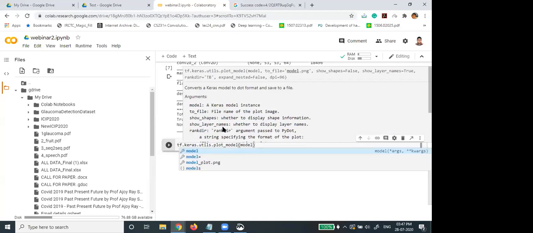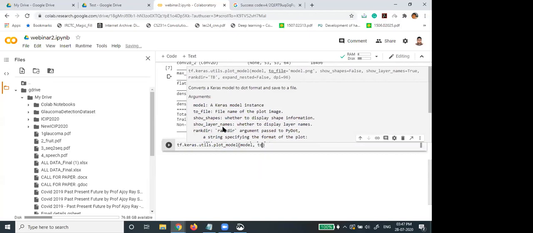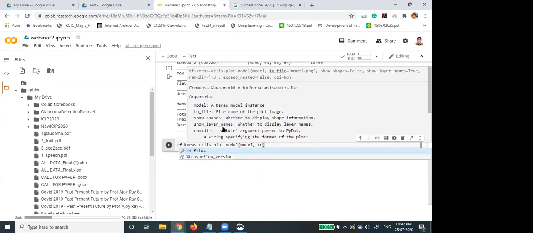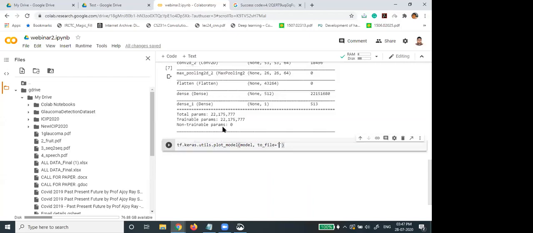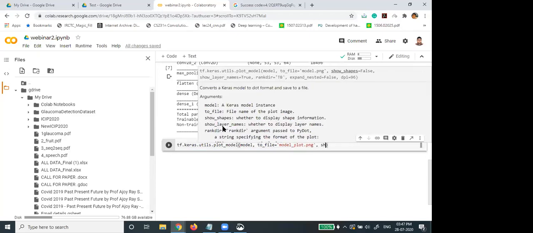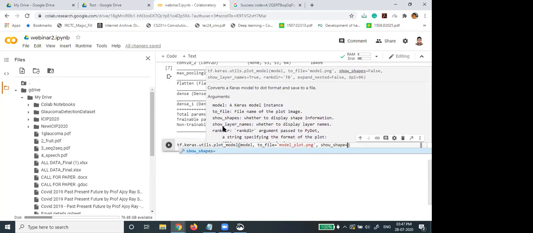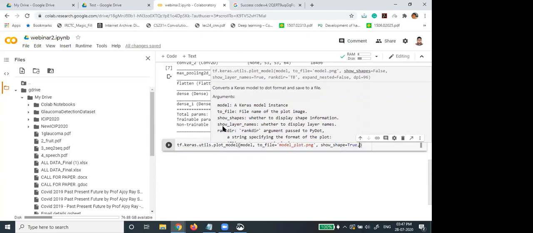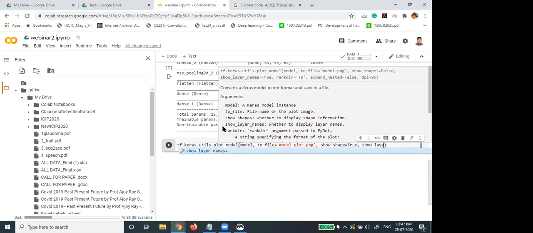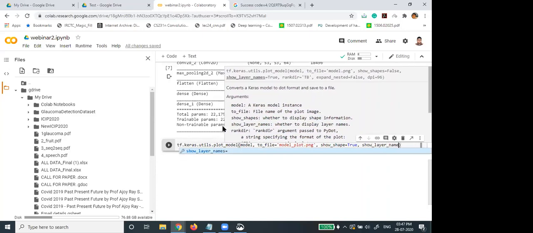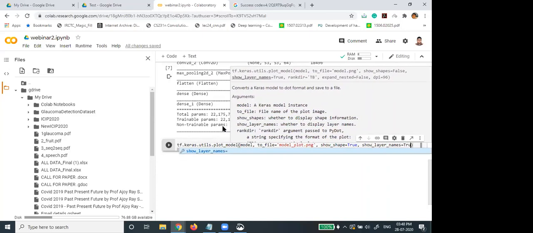I have the model, and you can save this to a file as well. Say my model name, model plot dot png, then show shapes, show layer names.